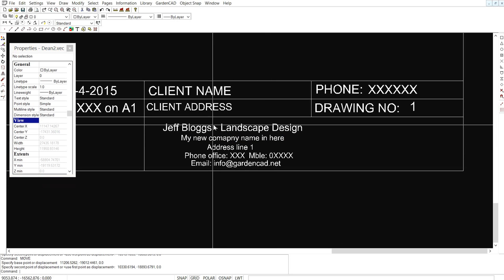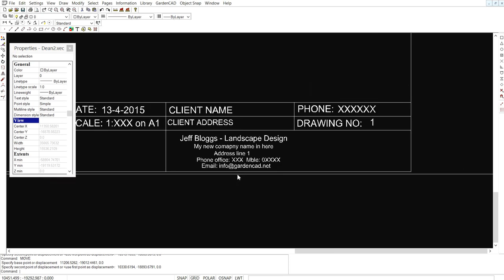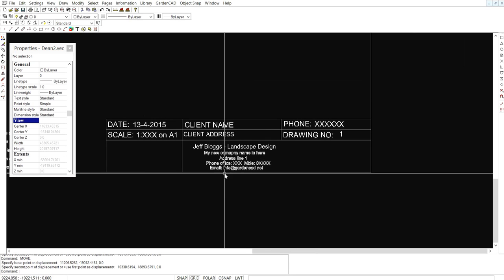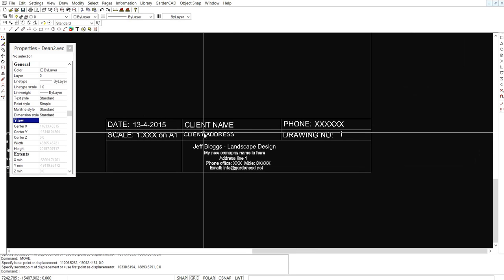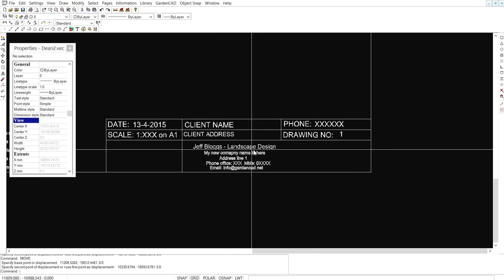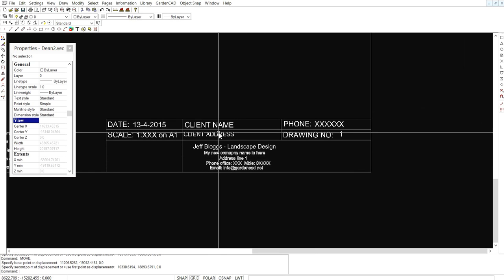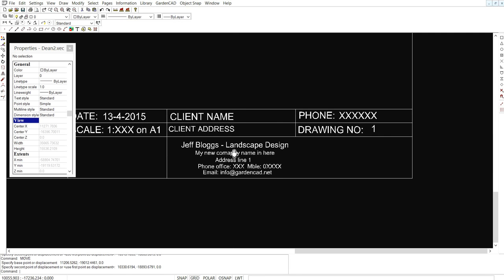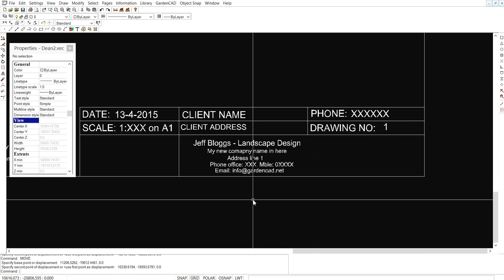So I've not chosen a particularly good example here, and a much better example would be the client name and address, which I'd set up in an area like this, because then the client name and the client address can change each time. So I've got a long way to go before I make this title block work nicely for me, but